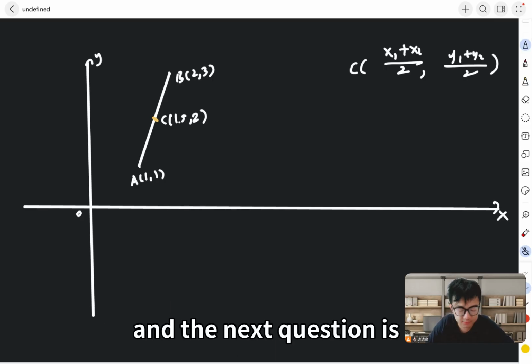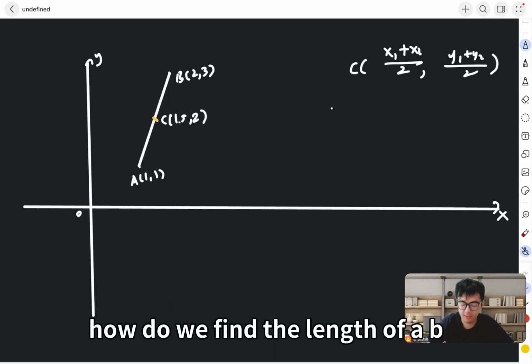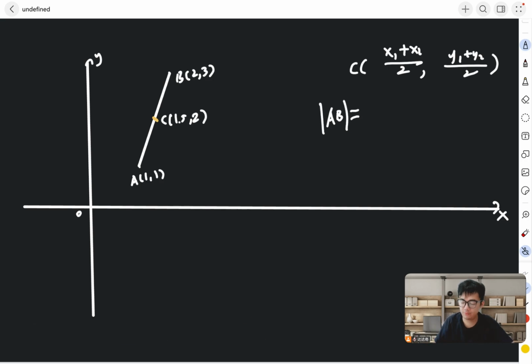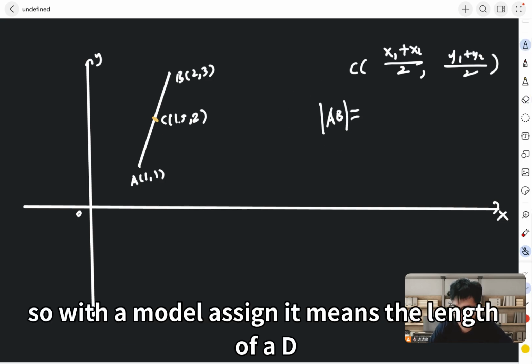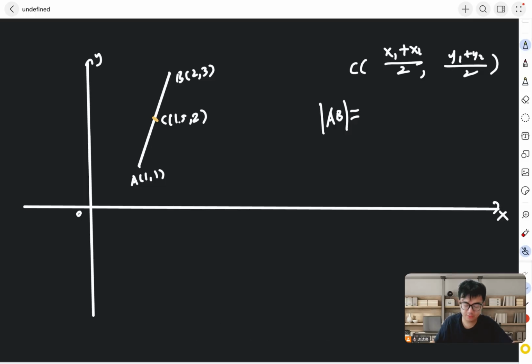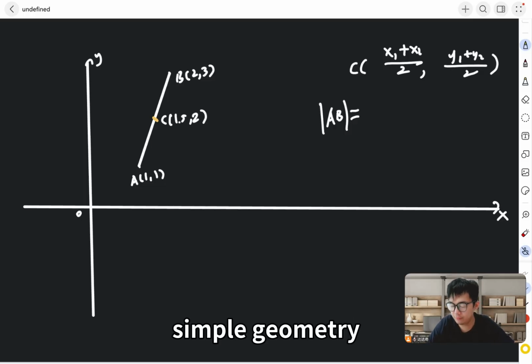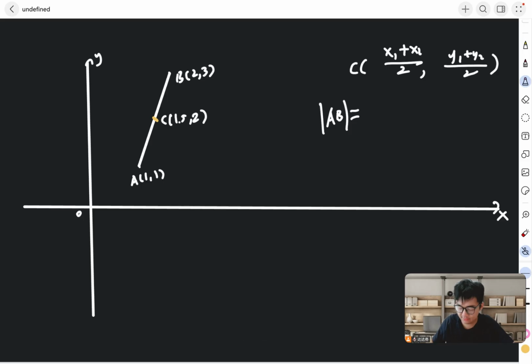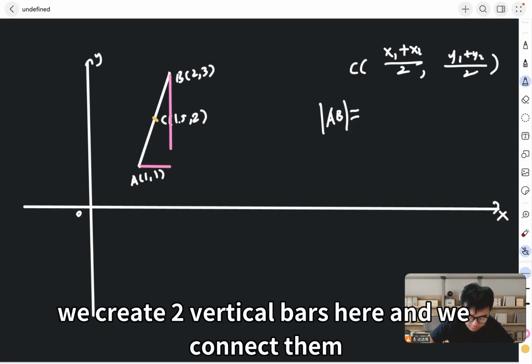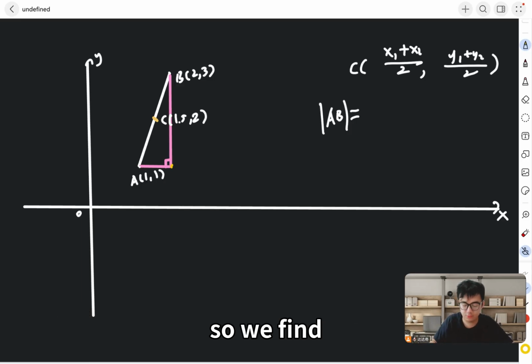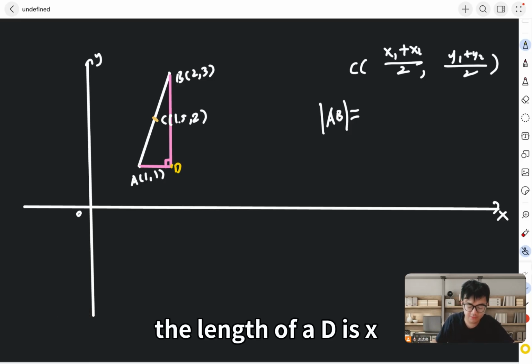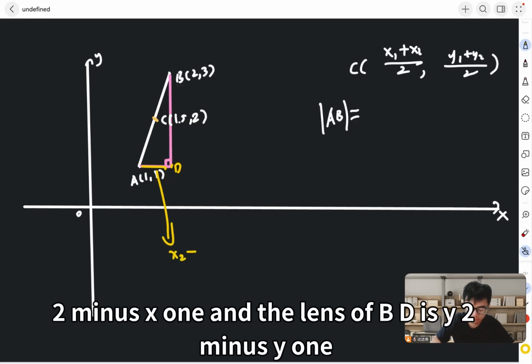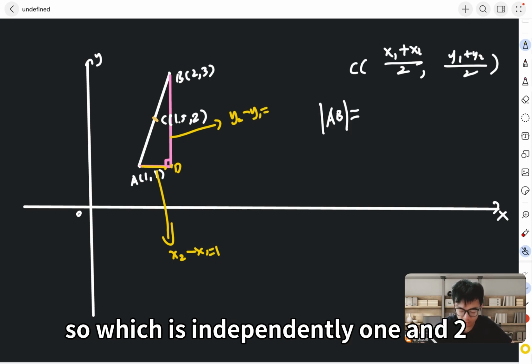And the next question is, how do we find the length of AB? The modulus sign means the length of AB. How do we find it? Still, you can use some simple geometry. We create two vertical bars here, and we connect them. So we find the length of AD is x2 minus x1, and the length of BD is y2 minus y1,